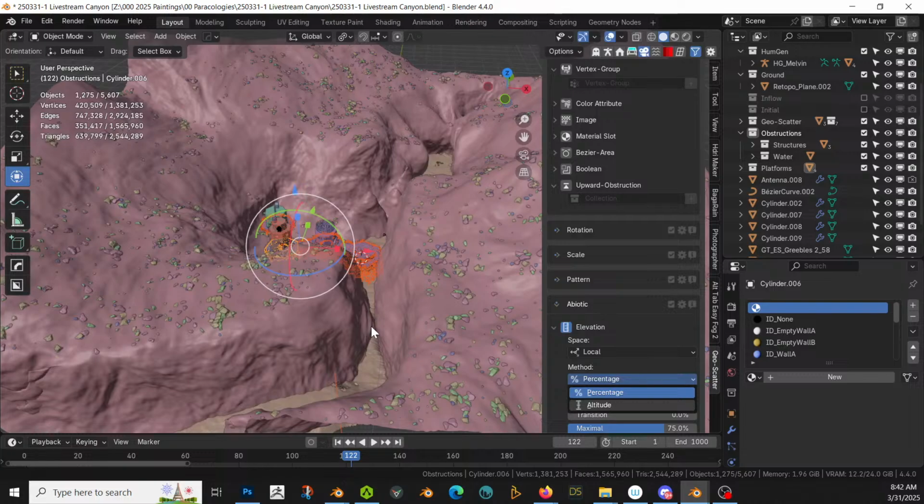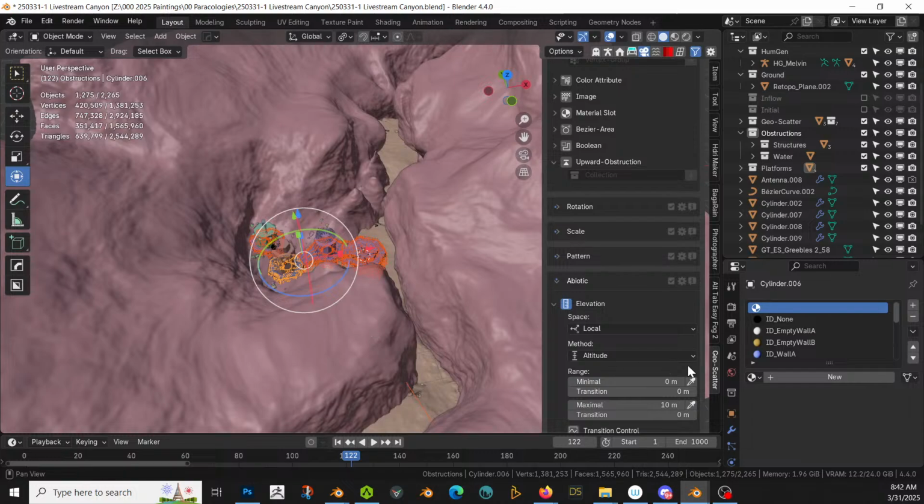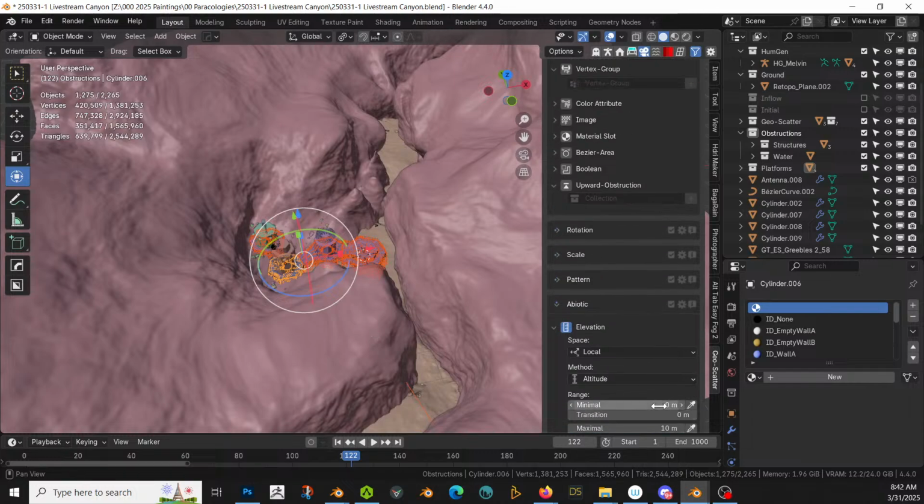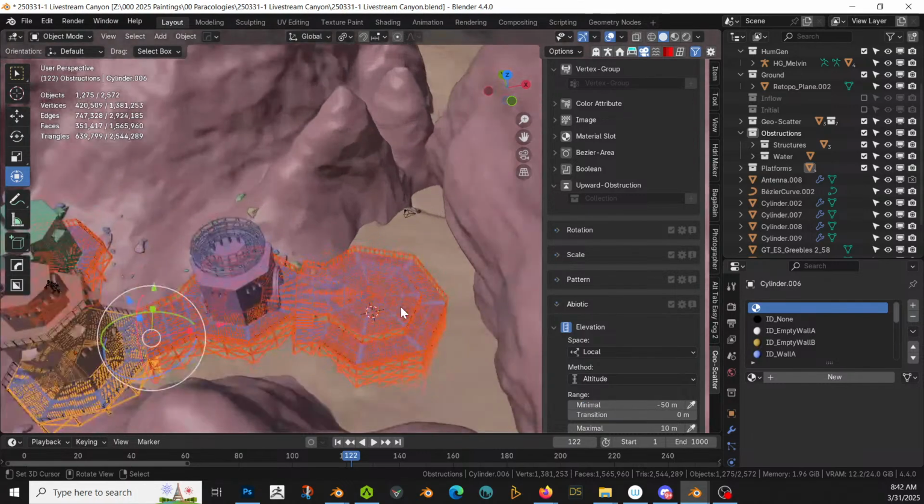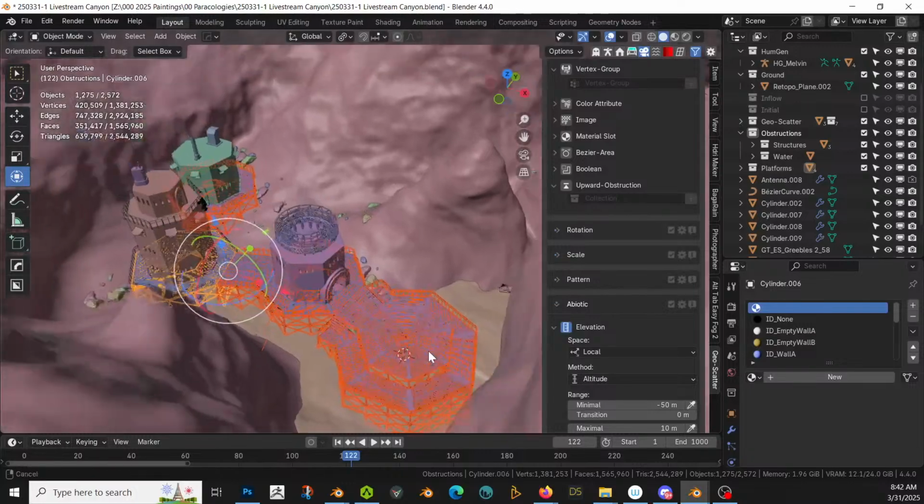Because we're not really planning on going much out of this canyon if we can avoid it. I think we're just going to look inside. Yeah, and minimum is going to be minus 50. I just want to make sure it goes all the way down to the bottom, whatever that would be. And it does. And our maximum